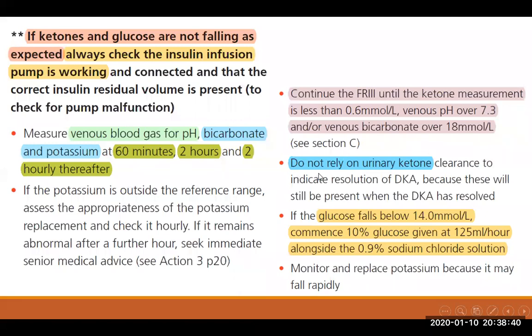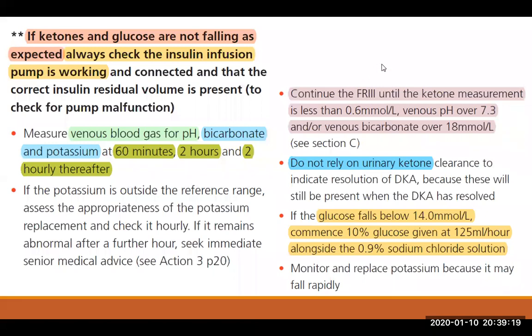Of course, don't rely on urine ketone, because the dipstick will measure acetone, which is not pathognomonic for DKA. The pathognomonic ketone is beta hydroxybutyrate, which is converted to acetoacetate. In the management of DKA, beta hydroxybutyric acid is converted to acetone, and urinary acetone will be increased. If glucose falls below 14, we must add